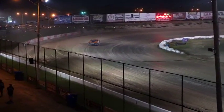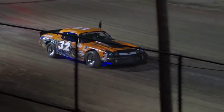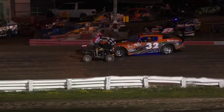So we'll get the 32 of Mark Fawcett down to Lucas Oil Victory Lane. Top 5 is 32, 49, 108, 28, and